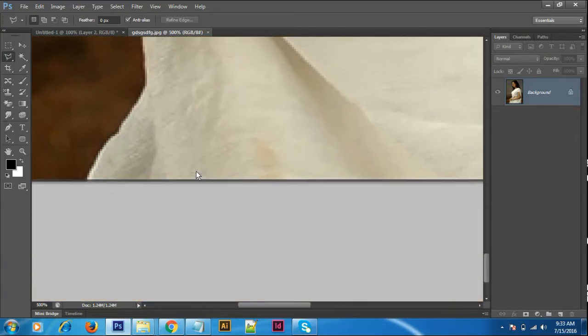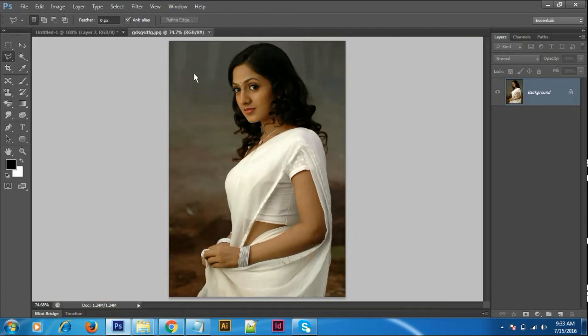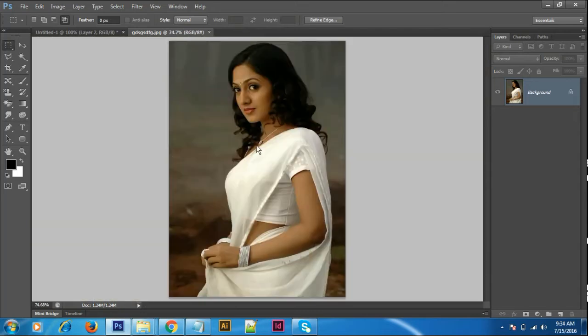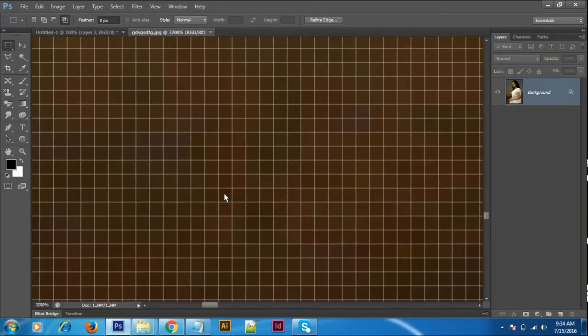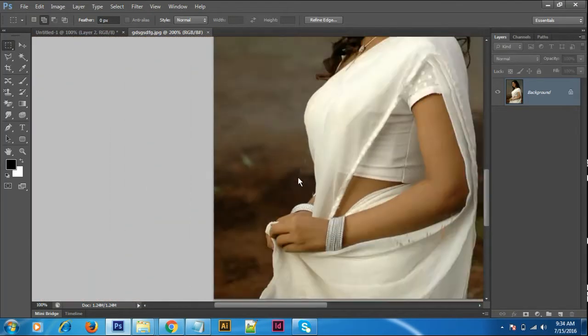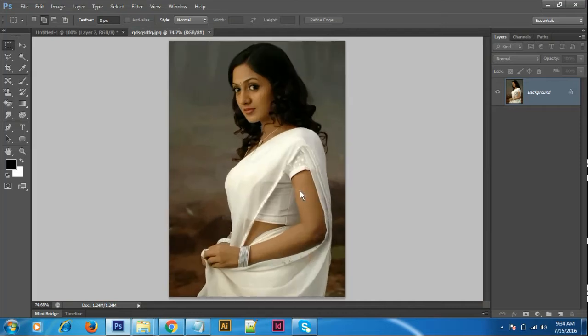Suppose the background is multicolor: here one color, here one color, here one color. If you zoom the image, see, this is a pixel. I told you the pixel is nothing but a square box. It has only one color. If you take here, or here also, it's only one color. But the shades of the beside colors are all different shades. Millions of shades mixed together create an image. This background is a multiple color background.